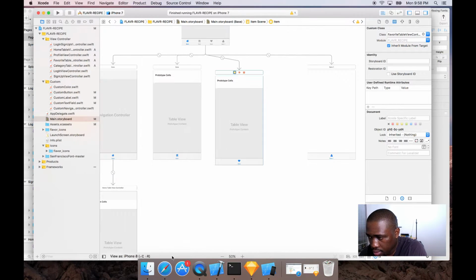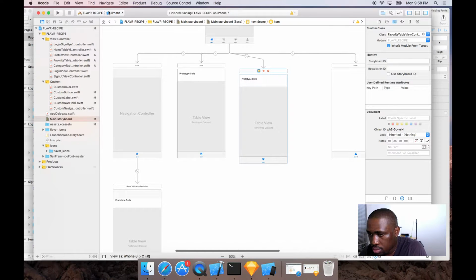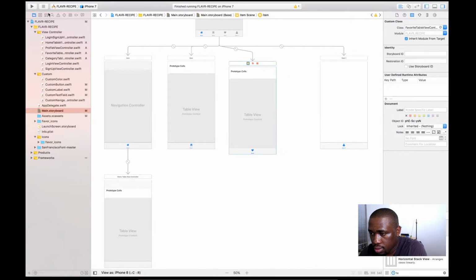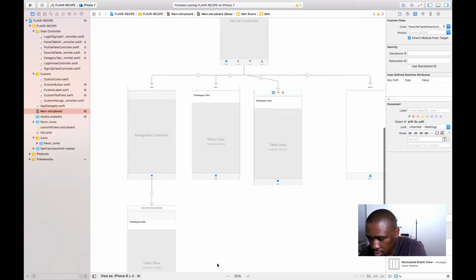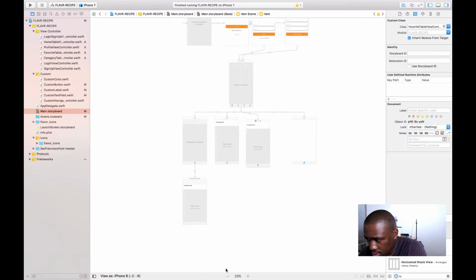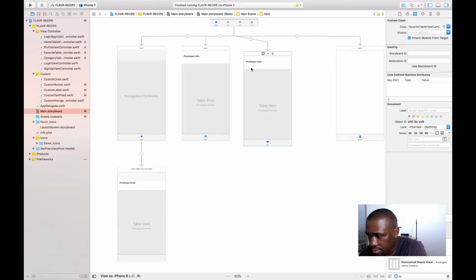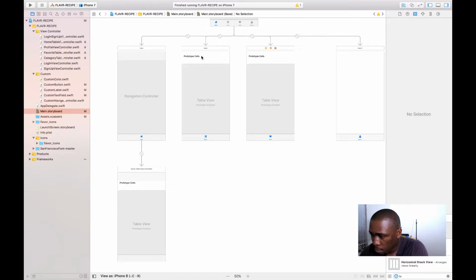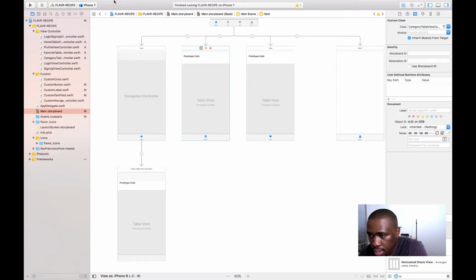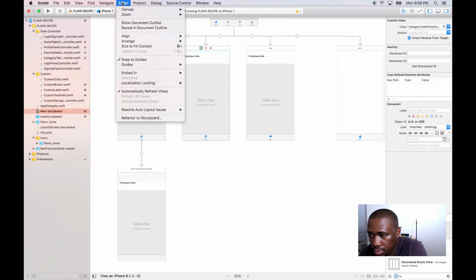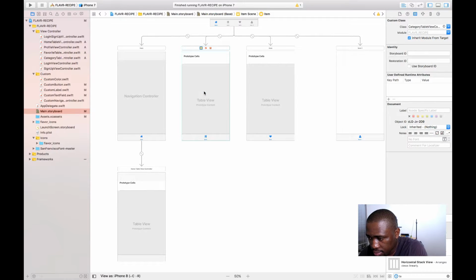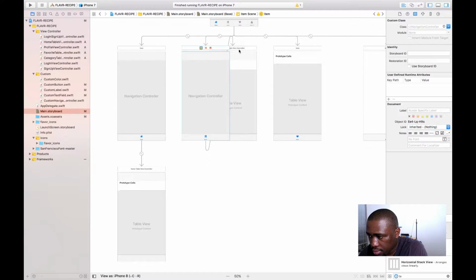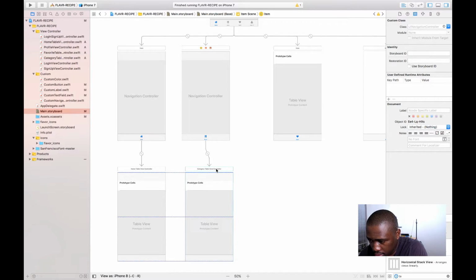You know what? I'm just going to enlarge this a little bit so you can take the whole screen, because this is why some people don't like using storyboards, because everything gets in the way in just a short matter of time. So select the categories and go to the editor and embed in a navigation controller like that. All right, so that's the navigation controller,